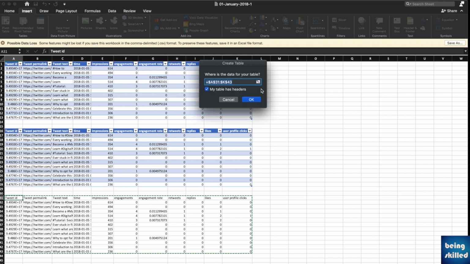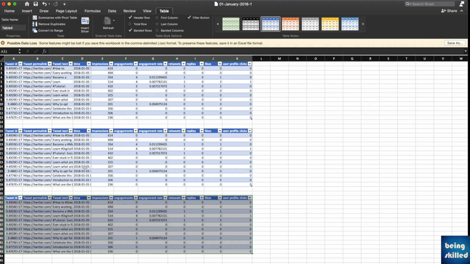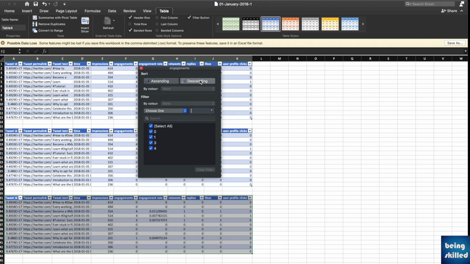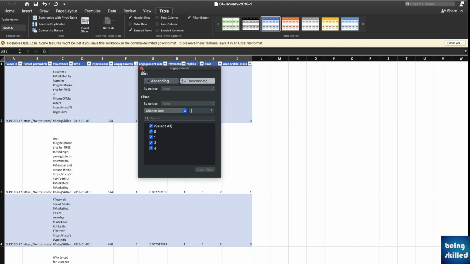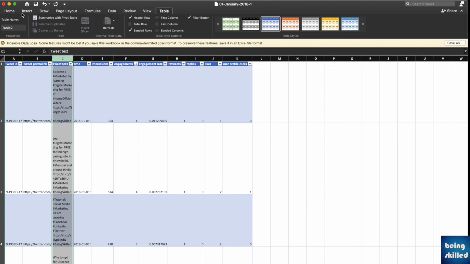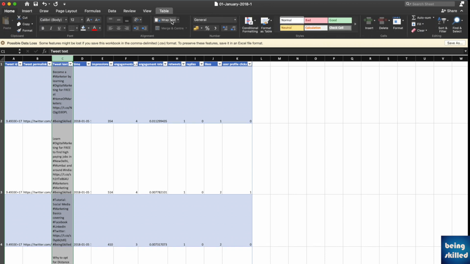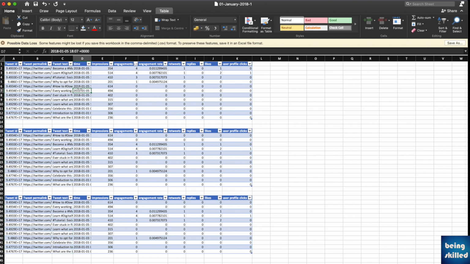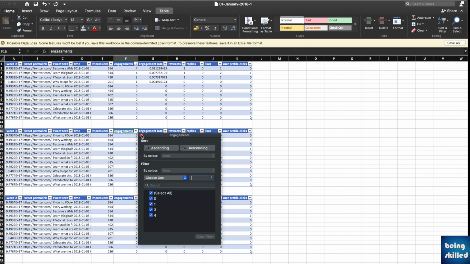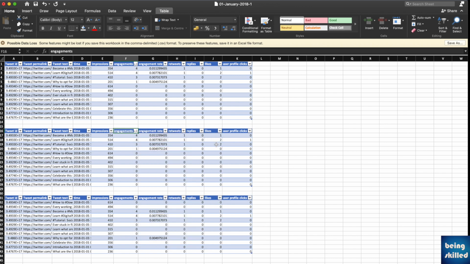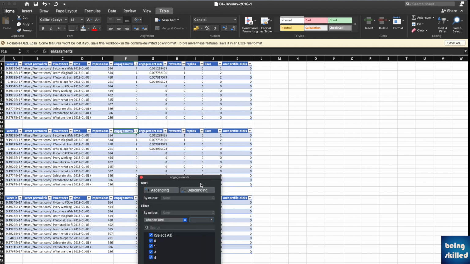So just go to table again, and it will automatically understand what is the table area, and accordingly it will apply the filters. Now if you want to sort things out just to see if it is working at all, then yes, it is working. It's just that the wrapping has been done, so we will disable the wrapping. But as you can see, now this has gone into the decreasing mode, and likewise you can just filter this out as well, and likewise you can filter down in the descending order.